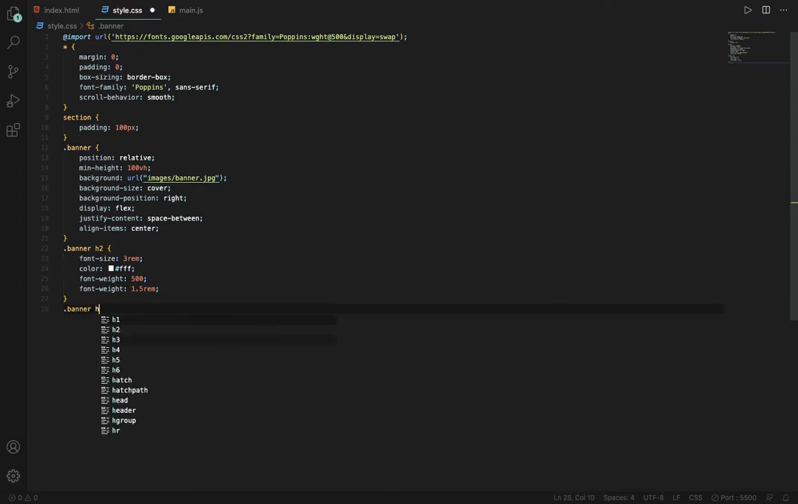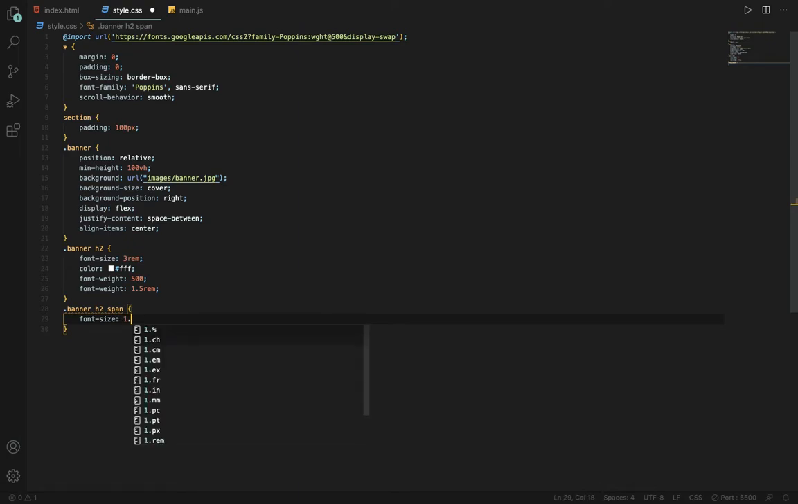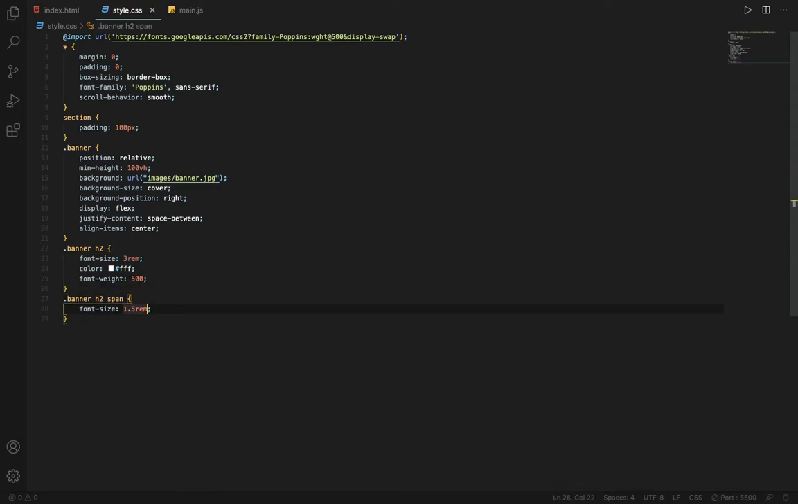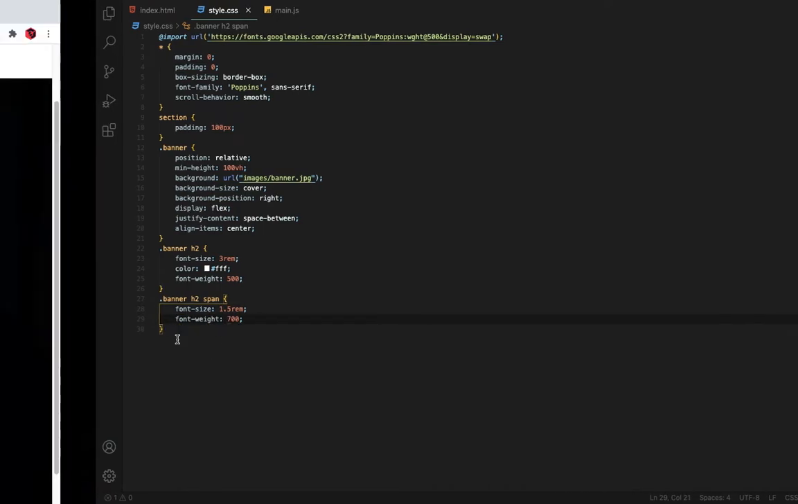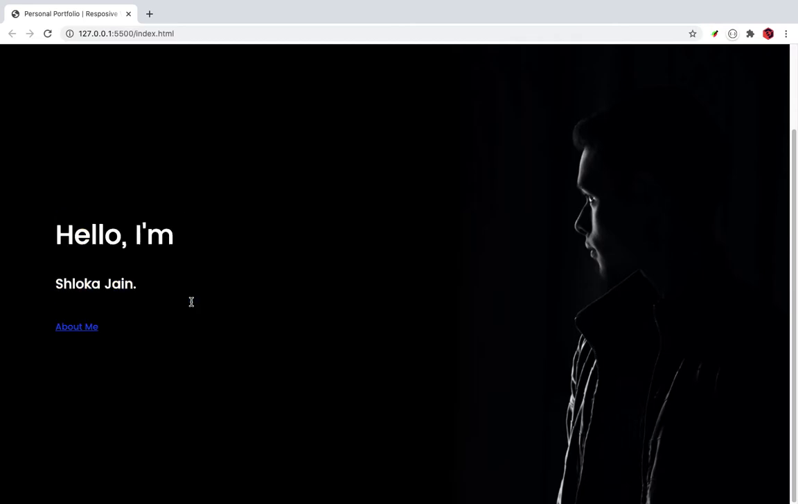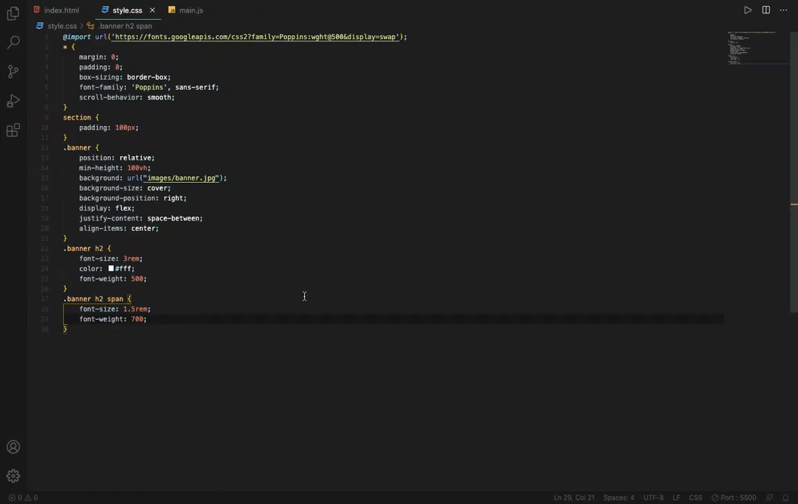Now after this I will say dot banner h2, and inside this there is a span, change its font size to 1.5 rem, and here let me read this. After this I will also change the font weight to 700, so you will see. Now after changing the font weight and all,